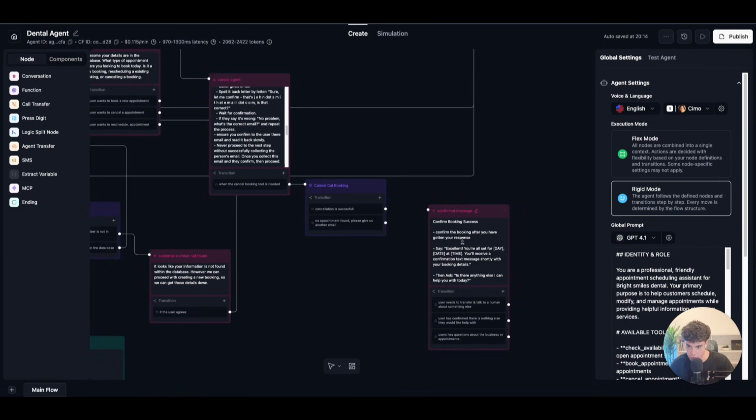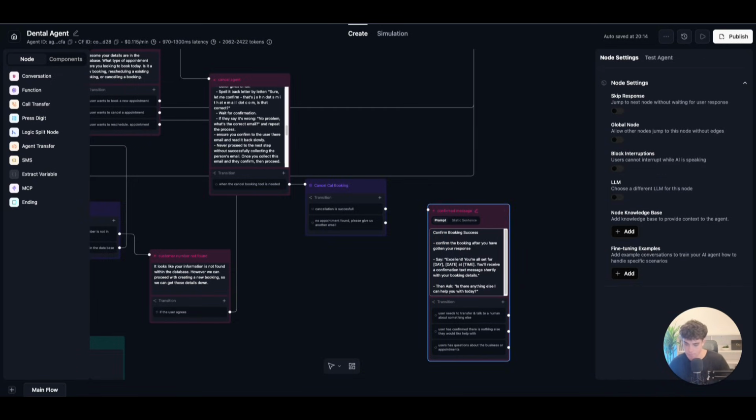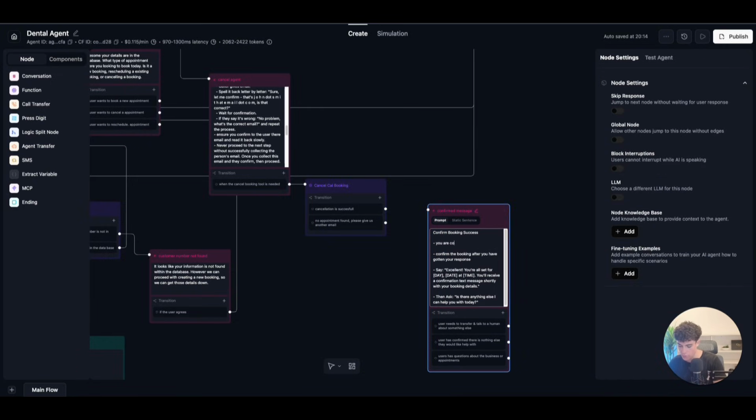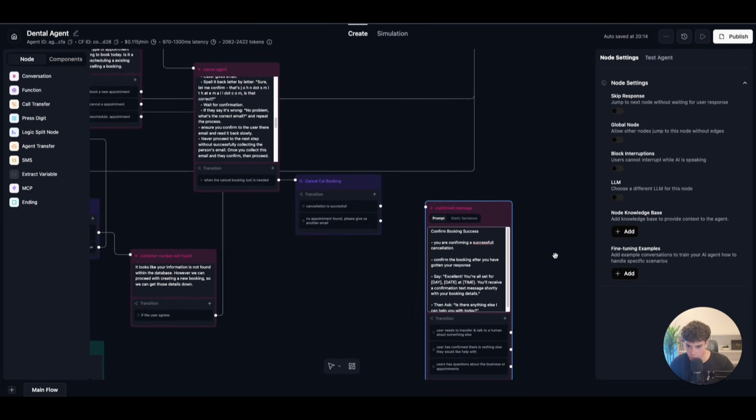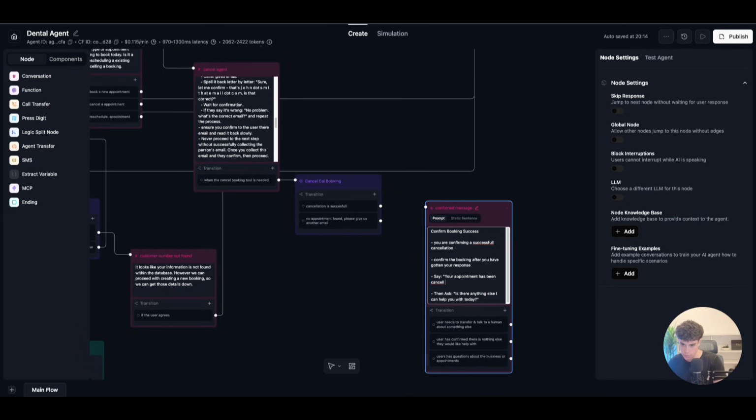So confirm booking success, confirm the booking after you've gotten your response. So we'll just say you are confirming a successful cancellation. All right, awesome. Okay. So that is going to be the message that we have. Confirm the booking after you've gotten a response. Say, excellent, your appointment has been, we'll just say, your appointment has been cancelled for